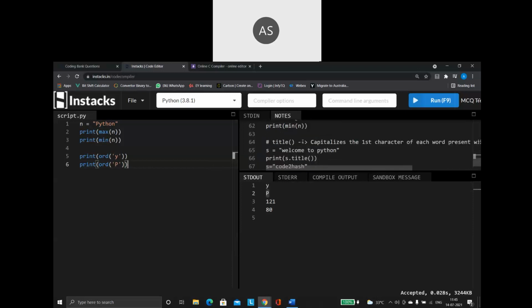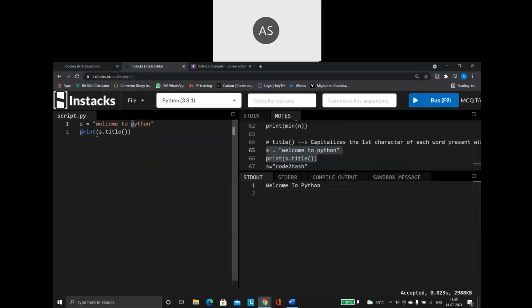Right. Coming to the last function, what I have is a function called title. So remember the function capitalize. Capitalize, what it will do? Entire string in lowercase except the first character. Here the title function, what it will do is every word inside a string, the first character of the word will be converted to uppercase. Say for example, a string will be made up of different words, right? Every word's first character alone will be converted to a capital case. That is the work of the title function.